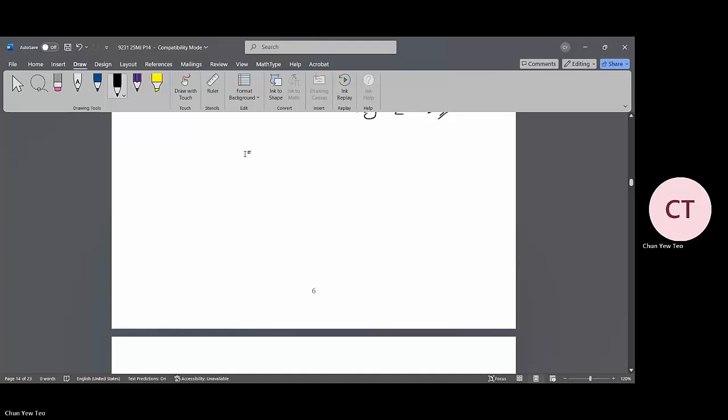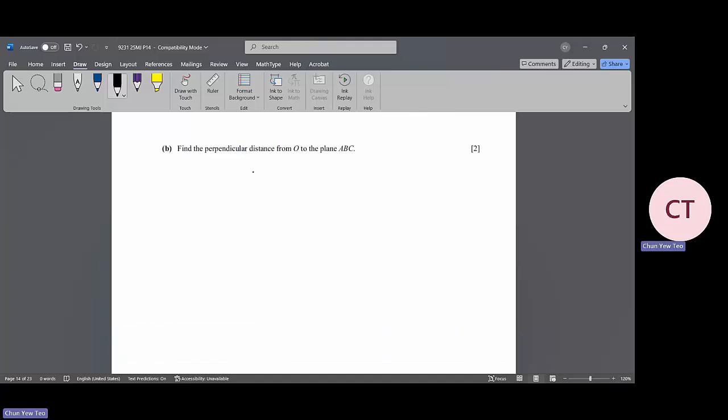Move on. We have 3B. Find the perpendicular distance from O to the plane ABC. So we have ABC over here. We have found the normal vector n. And actually there's an O here. We want to find the perpendicular distance. So the distance. Okay. So this one, we have a formula, D,